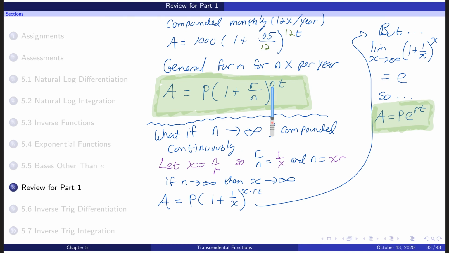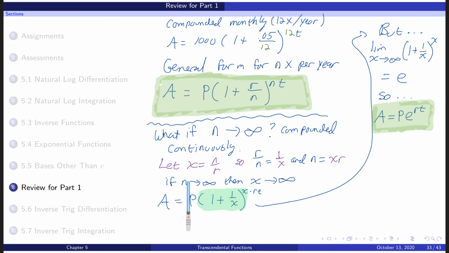And the other thing I'm going to do is I'm going to take this n and say that n equals x times r. Where did that come from? If I take this substitution and solve for n, n equals x times r. So replacing r over n with 1 over x and n with xr, I get this statement here. And the reason why we want that statement here is that this quantity right here is a very famous math quantity. We'll prove it later, but if I let x approach infinity,